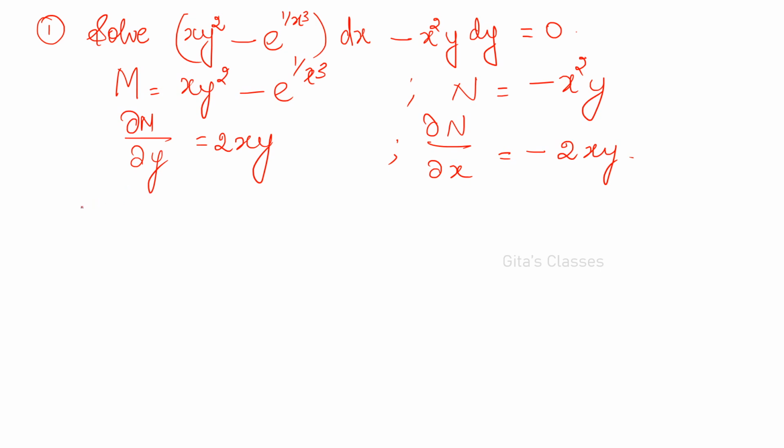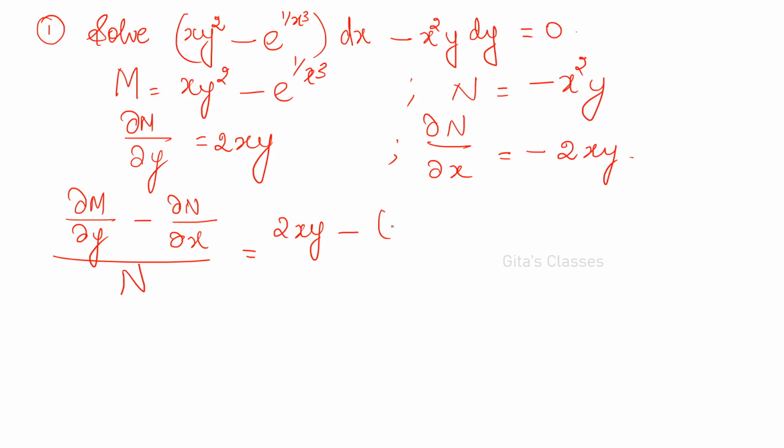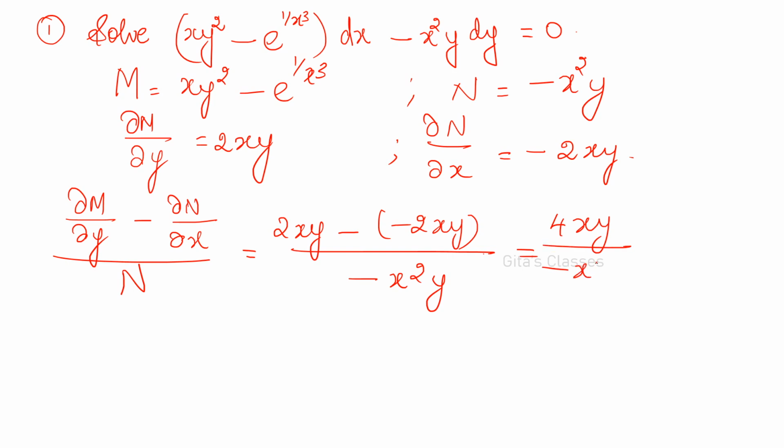Now, let us find out (∂M/∂y minus ∂N/∂x) divided by N. No hard and fast rule that you have to follow this method only. Whichever method you feel comfortable with, if you are getting the answer, fine. So 2xy minus of minus 2xy, divided by N, which is minus x squared y, is equal to, here minus of minus, so 4xy divided by minus x squared y. So x squared, y and y will get cancelled, x squared and 1x will get cancelled, minus 4 by x